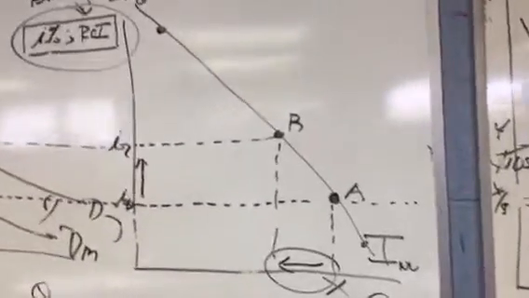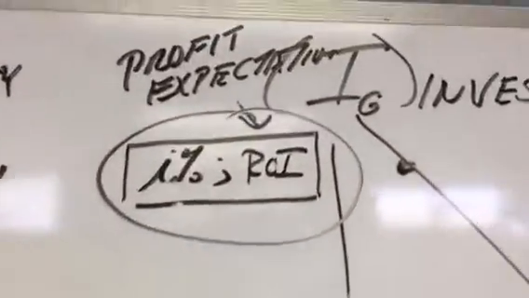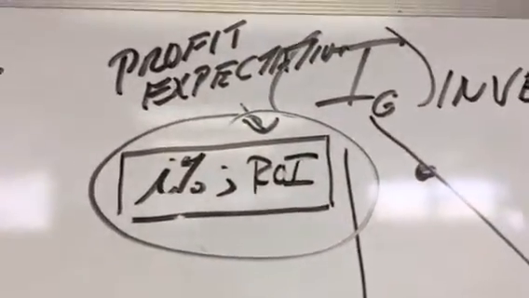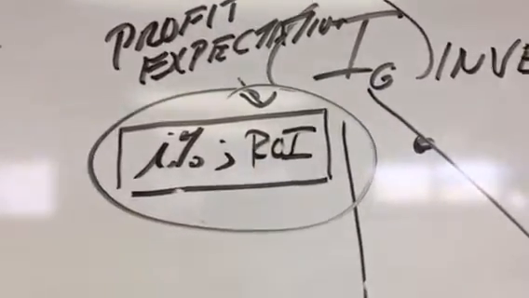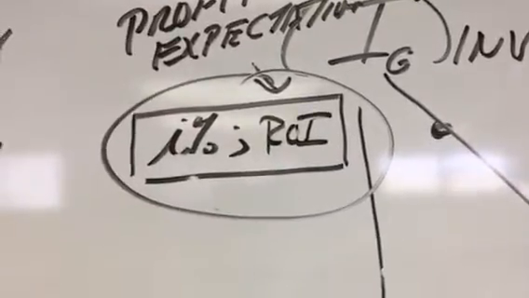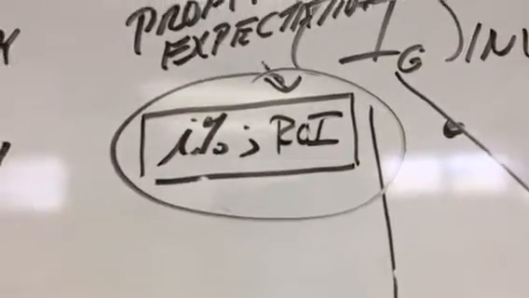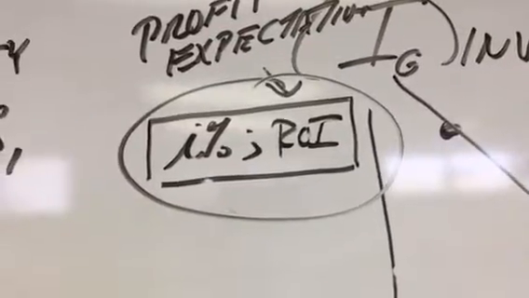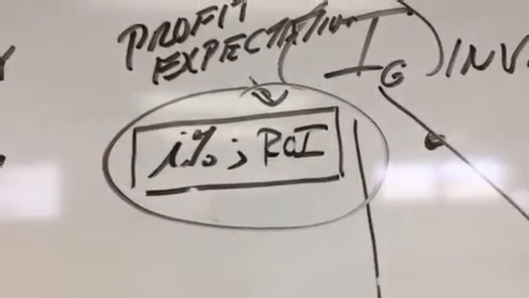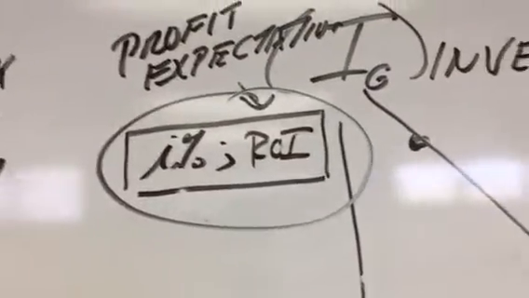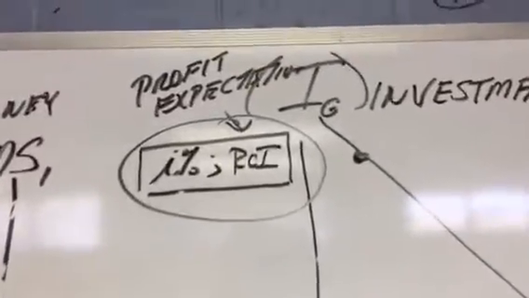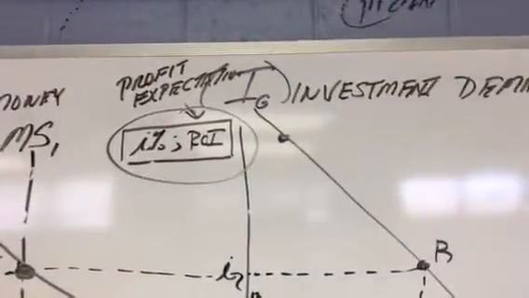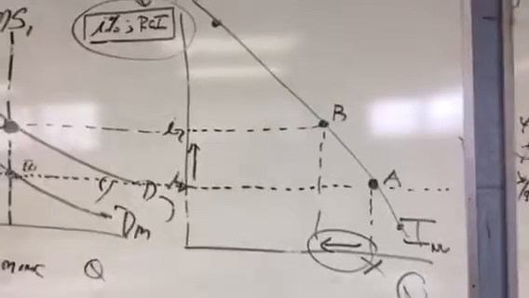However, businesses don't necessarily stop there. They have to also look at what we call return on investment, profit expectations. Would you borrow money at 90% if the return on investment was 500%? Absolutely. Would you borrow money if the interest rates were 0 if the return on investment was negative 10%? Absolutely not. So businesses look at both variables, cost of borrowing through the interest rate and the return on investment, also known as the profit expectations.